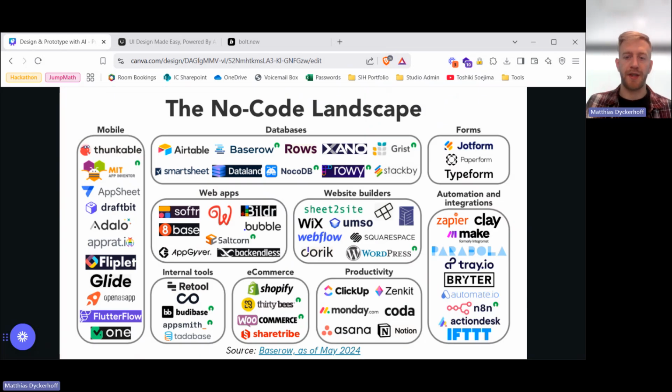This is an example of the no-code landscape. So when I talk about no-code tools, these are actual code and product builders that are more scalable, right? And been proven for years. So like I said, these new tools are basically AI native and they've been around for much less time, whereas these no-code products have had the chance to really develop in the market and build their own use case in their own spot, right? So I personally built some products in DraftBit. I know a member here uses Flutterflow for his businesses. I've used Airtable. Actually, a lot of these have built some sort of product on, and